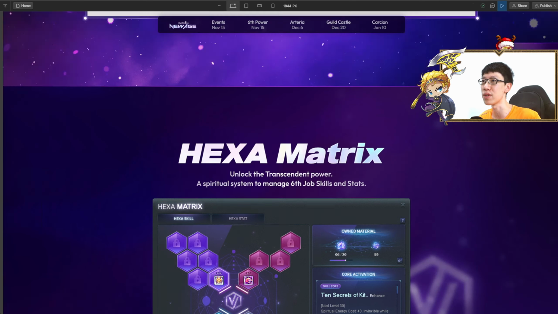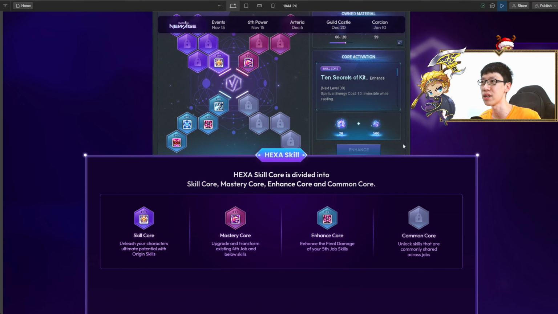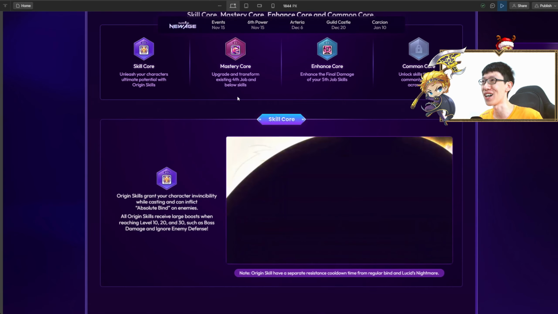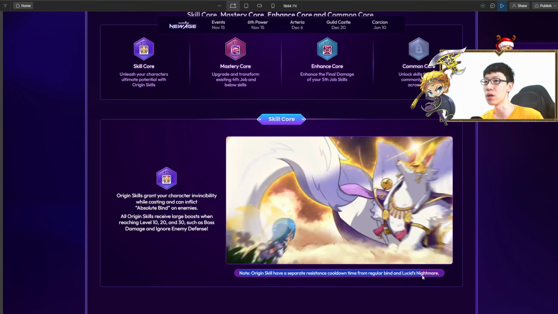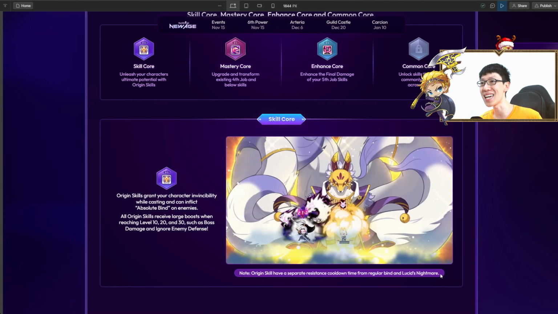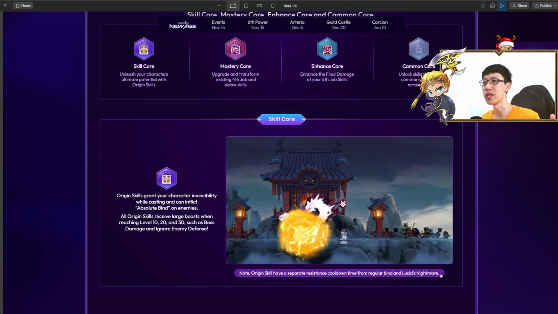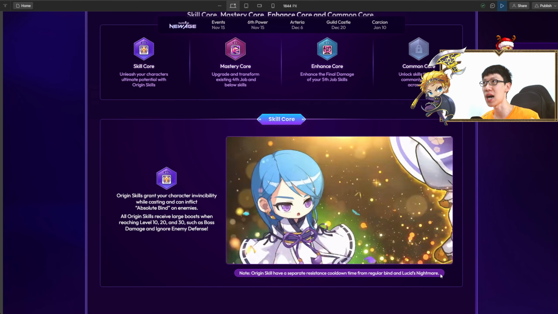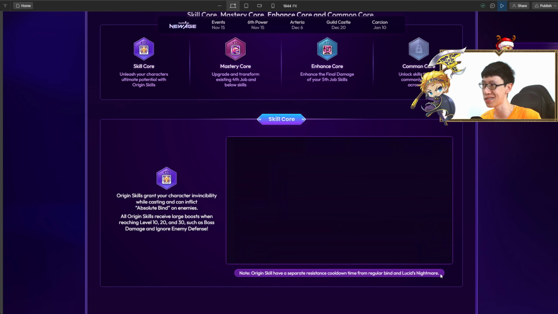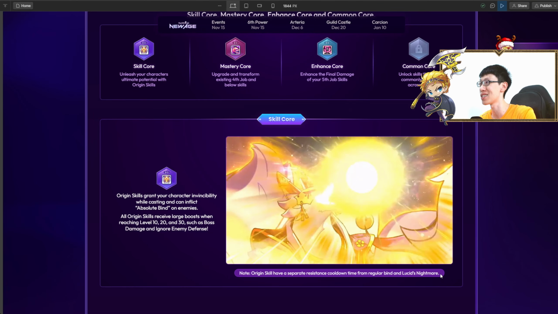Okay, and it is very subtle once you come down here, right? As you can see, 4 of them come out over here, and as well as this one over here, it's just a visual background, right? No purpose, but just visual background. It's actually this over here, and large. And after you come down, you can see the skill core, and I want to put a note over here because of overseas servers, Lucid Nightmare. Okay, Lucid Bind over here does have a separate cooldown, because I'm 100% sure a lot of people are gonna ask. So before you ask, I add it in first.